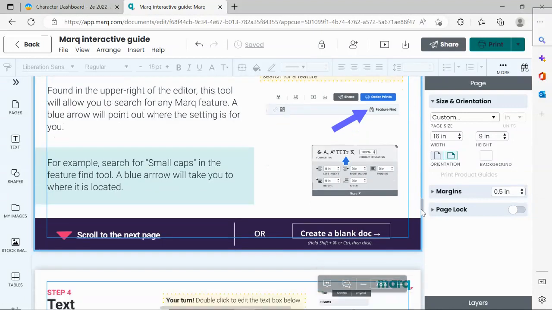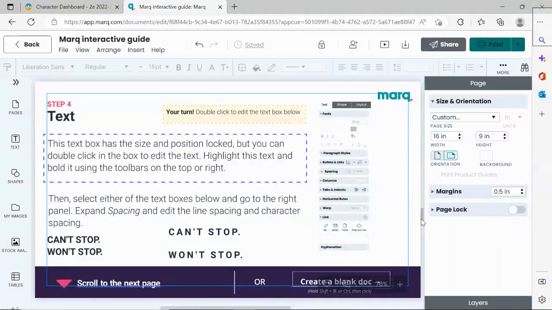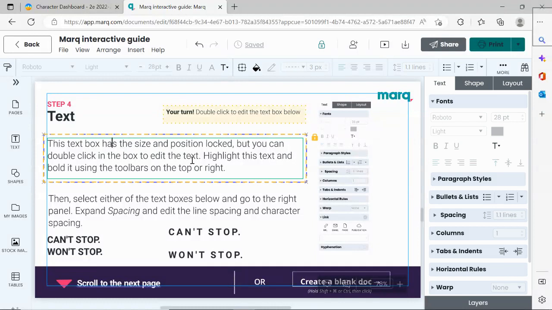And if I continue scrolling down here to step 4, this is where we're actually going to start doing something. So it says your turn. Double click to edit the text box below. So if I double click in this text box, I can't change the size of it or move it around, but I can highlight this text,